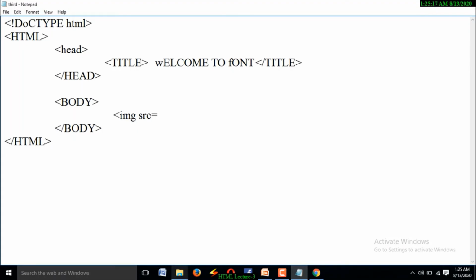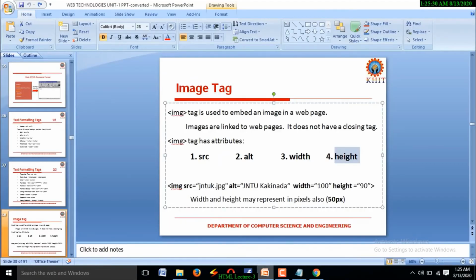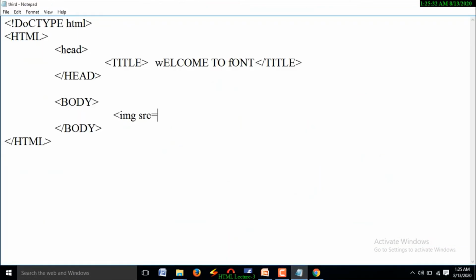Here I have images on the D drive. One image name is KHIT logo and another image name is JNTUK logo, and these are JPEG files. Coming to the location specification, within double quotes we write D drive.